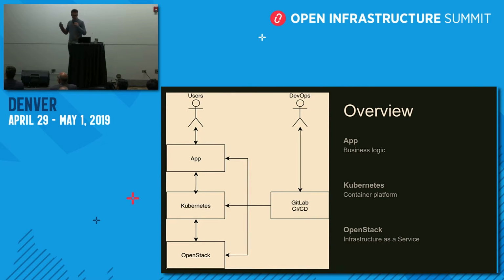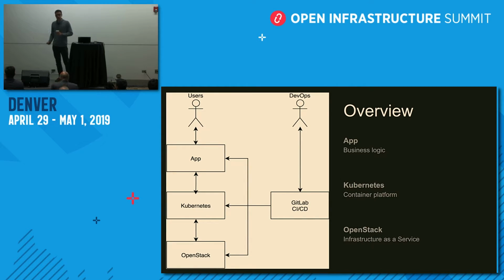All right, so I divide this into two aspects: the control plane, which is on your right, and the data plane, which is on the left. The data plane is where your customers will work, let's say. So your users at the top will talk to your application, your application will talk to Kubernetes, and Kubernetes will talk to OpenStack. And this happens really fast. This is the data plane. This is where all the data goes.